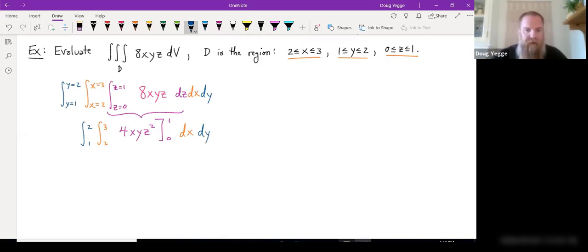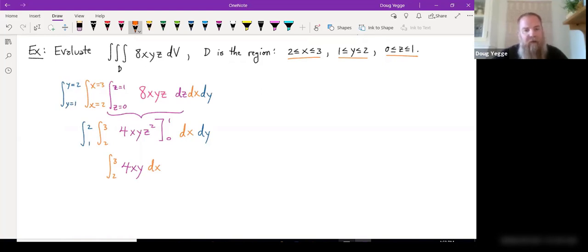Okay, well, evaluating this, remember these are z coordinates of 0 and 1. So that's just going to yield 4xy times 1 minus 0, or just 4xy. So now it's that quantity that we're going to be able to integrate with respect to x. All right, well, the integral with respect to x, obviously 4y is our constant, so the integral of x is